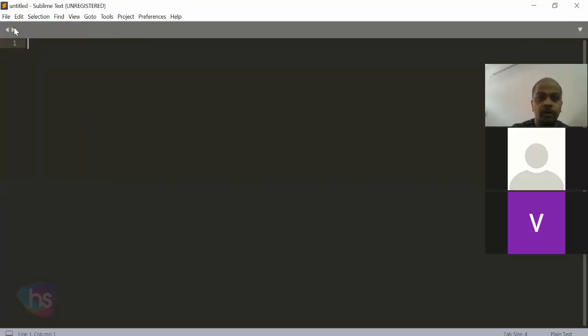It shows untitled. We are going to prepare a simple basic HTML page, showing how we present our data in a web manner on a web page.